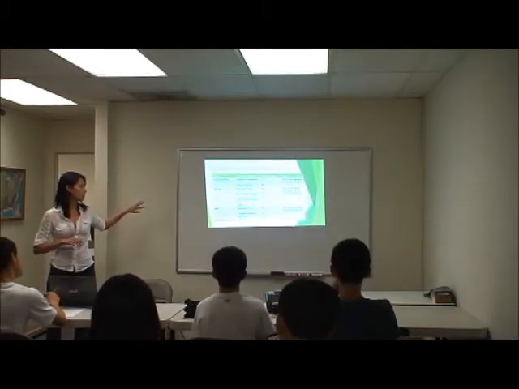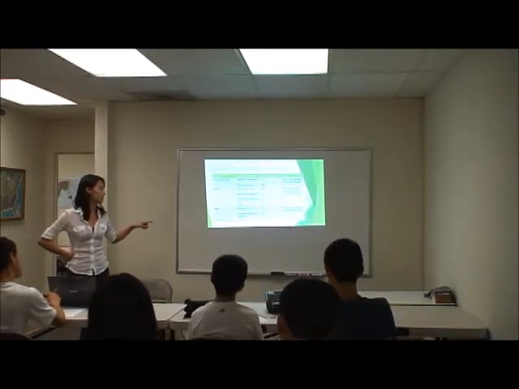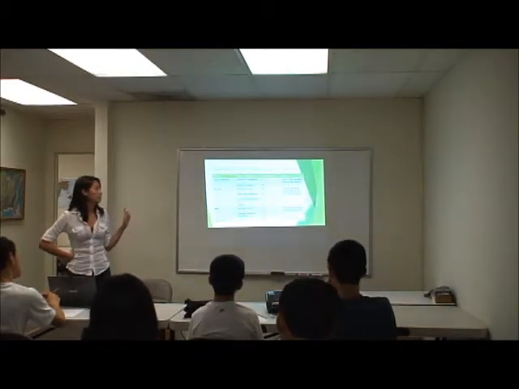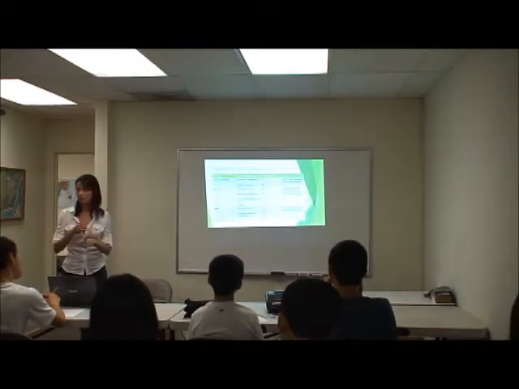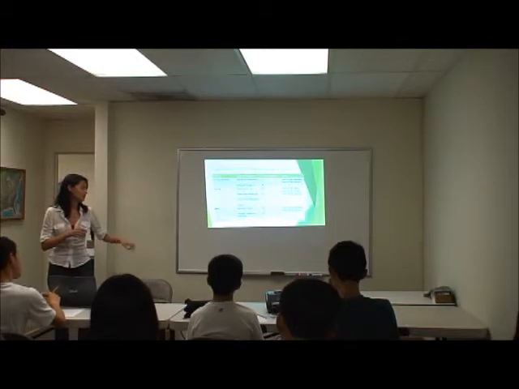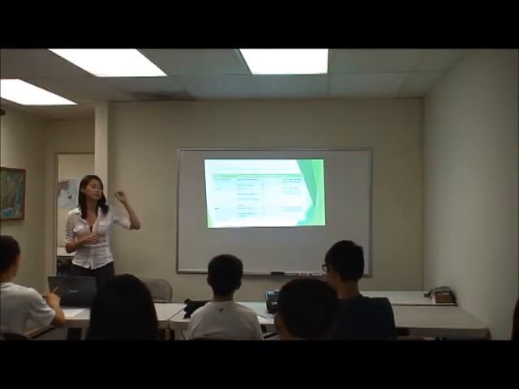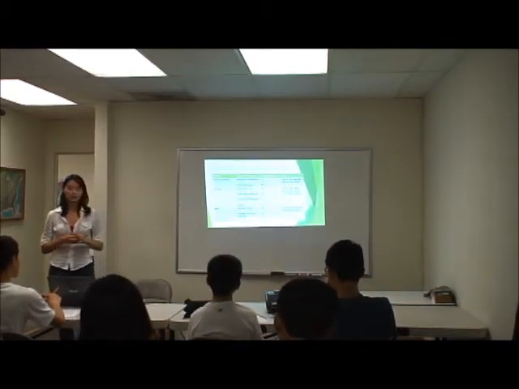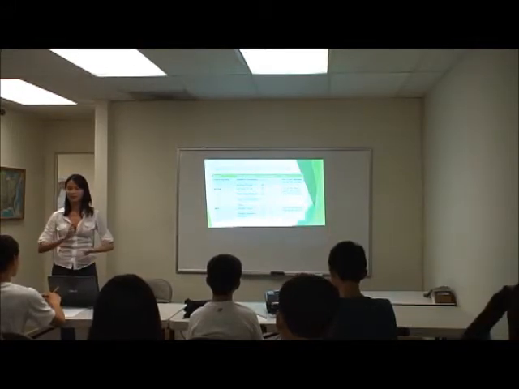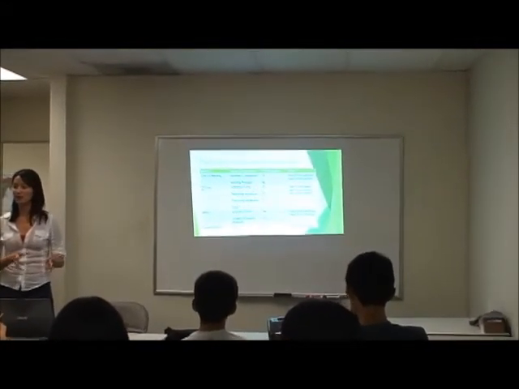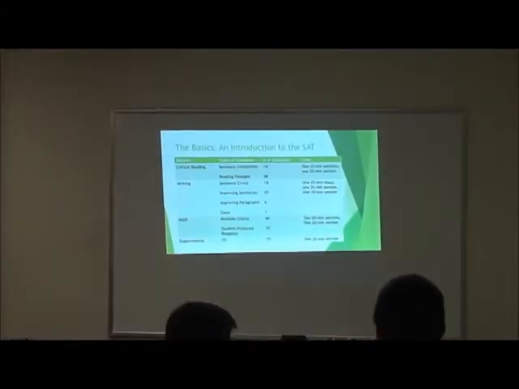Alright. So this is a basic overview. There are 3 kinds of sections: critical reading, writing, and math. When they say writing, that includes grammar and also an essay. And then you always have one experimental section, which could be one of those 3, but they never tell you which one it is, so you have to pretend that it's a real section. You can't bomb it, but it doesn't actually go into your score.